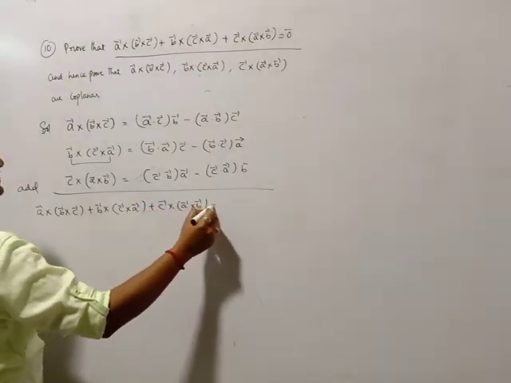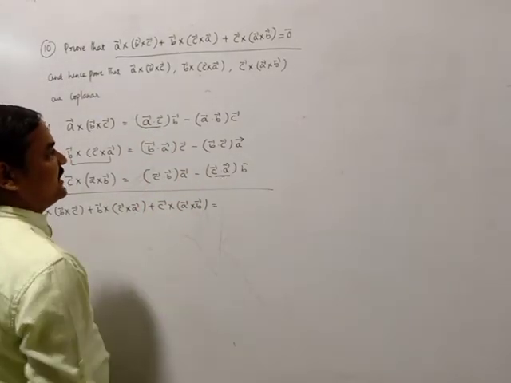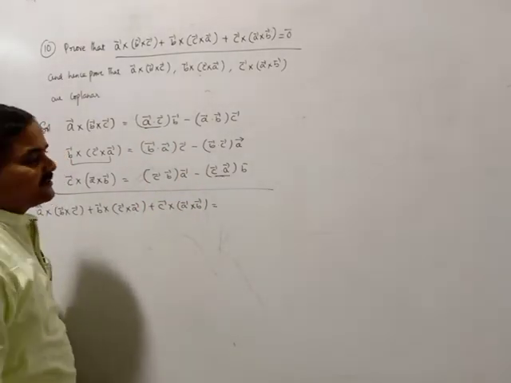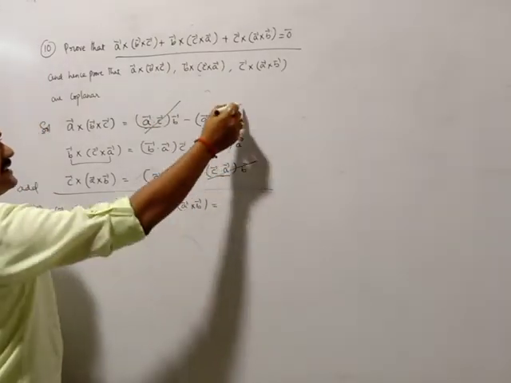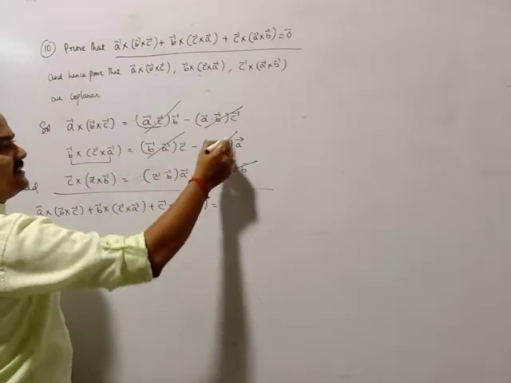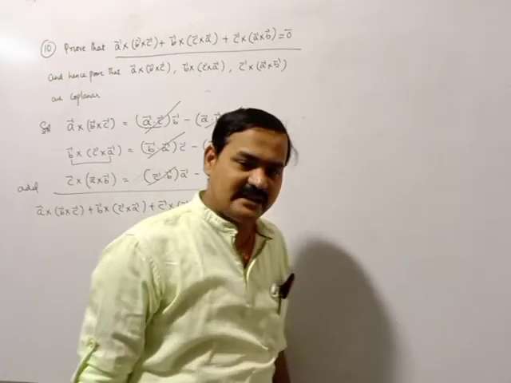This side, this one is equal to. Now see, dot products are commutative. So a bar dot b bar, a bar dot c bar is equal to c bar dot a bar. So here plus, here minus cancel. Again this is a bar dot b bar, this cancels, and all are cancelled. Finally 0. Very easiest property is this one.